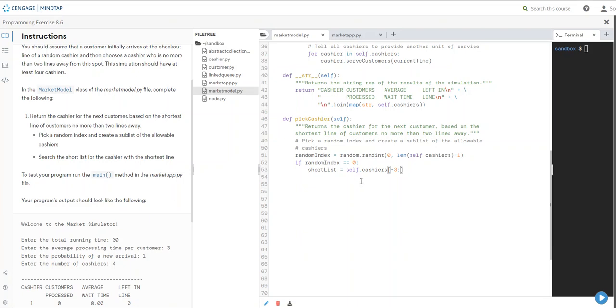So I want the last 3. Now if random index is equivalent to len self.cashiers minus 1,